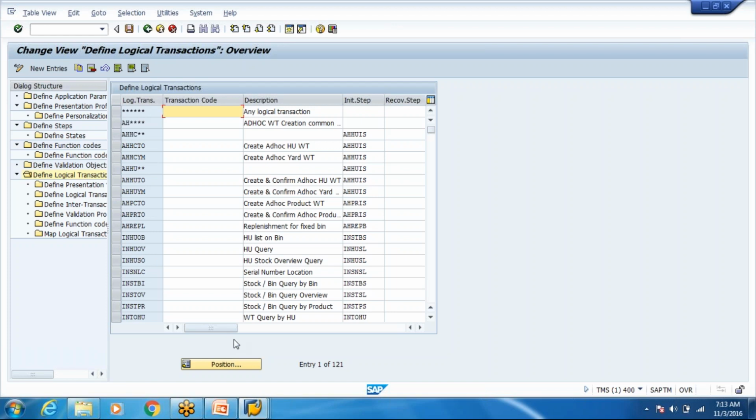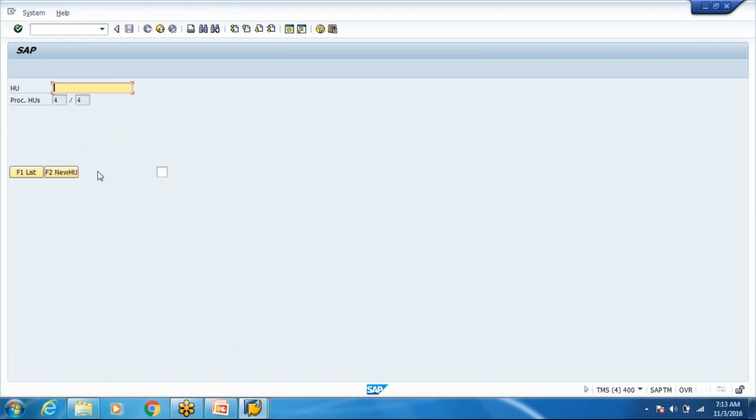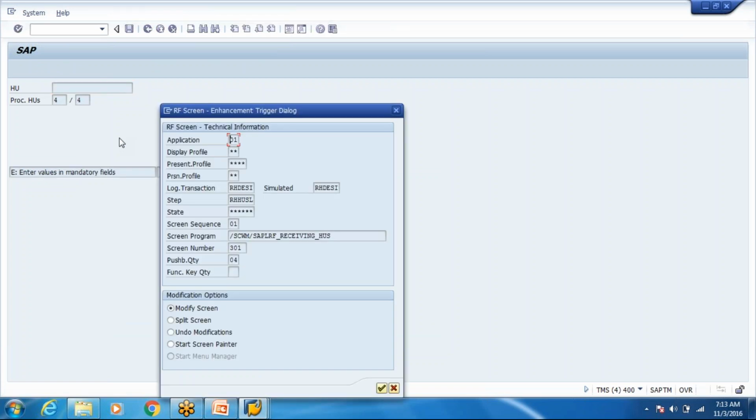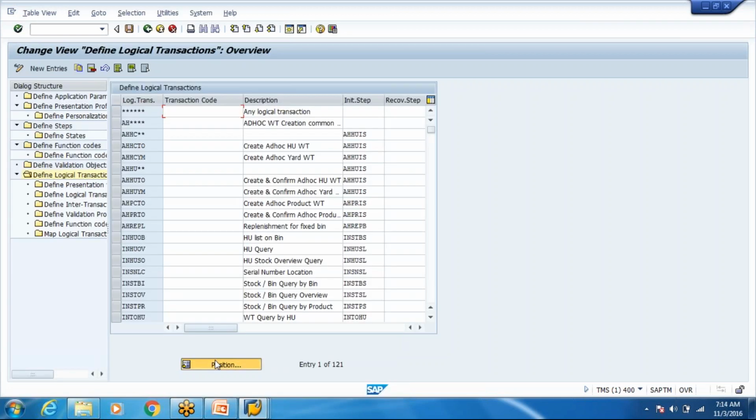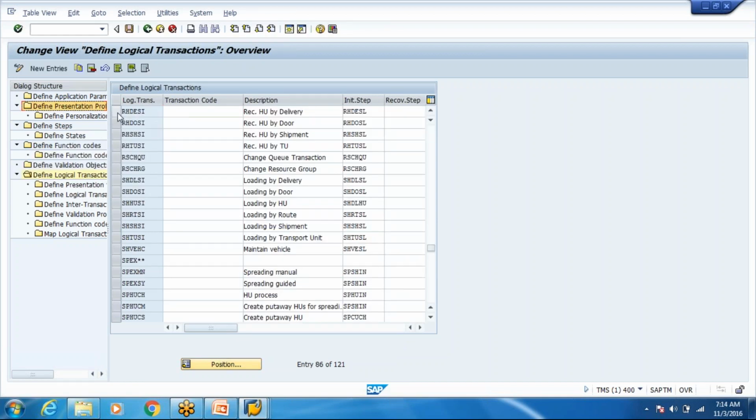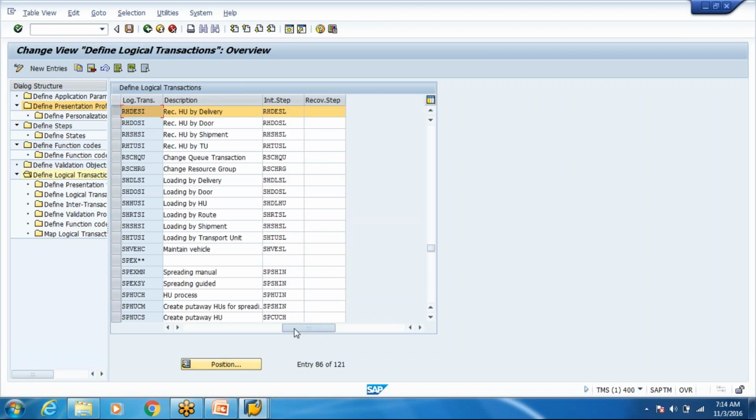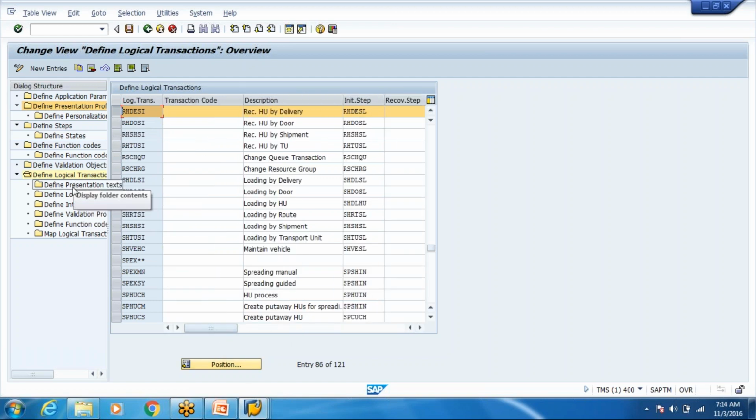Okay, so let's say for example this is the inbound receiving transaction. I want to just see a particular transaction. So this is the transaction RHDESI. You can just go here and go into RHDESI. This is the transaction which we are going through, and it has all the different folders.